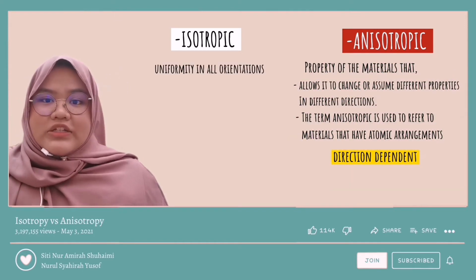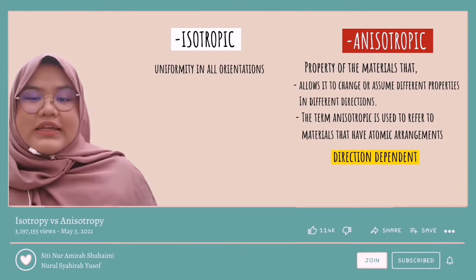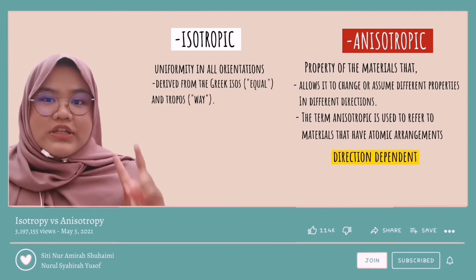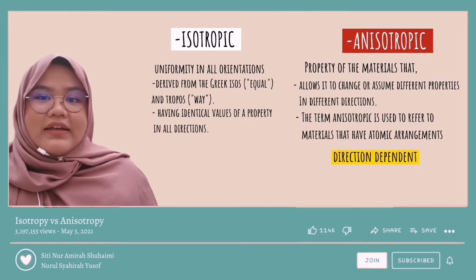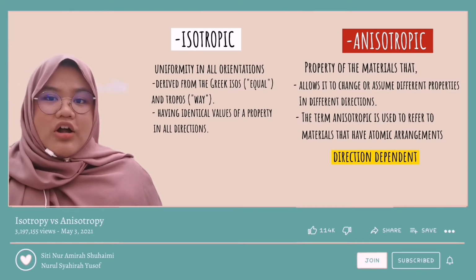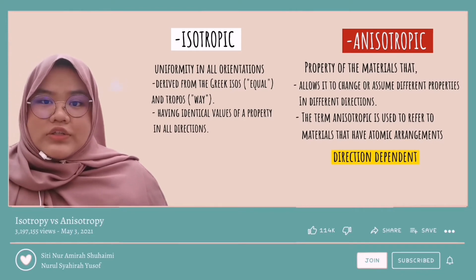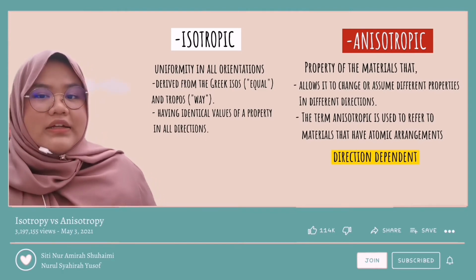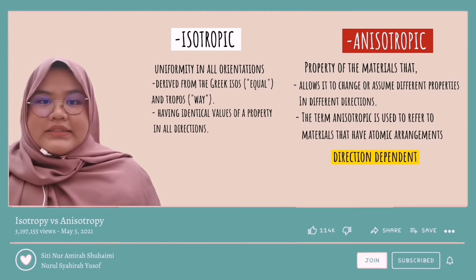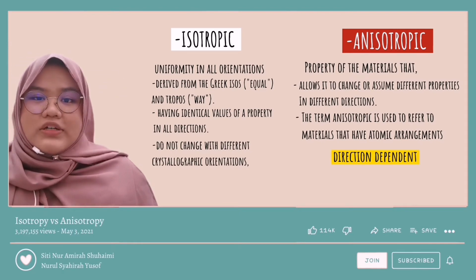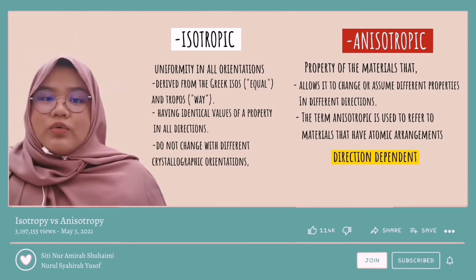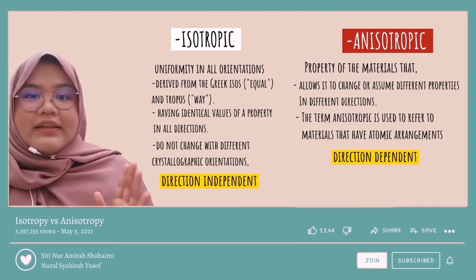Meanwhile, isotropy is uniformity in all orientations. It is derived from the Greek isos, equal, and tropos, way. Isotropic means having identical values of a property in all directions. This definition is also used in geology and mineralogy. It refers to properties that do not change with different crystallographic orientations, or in other words, the properties are direction